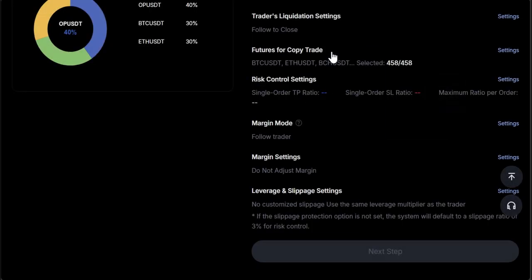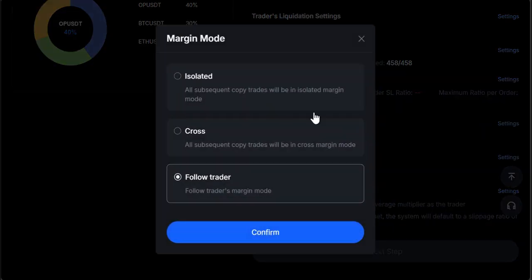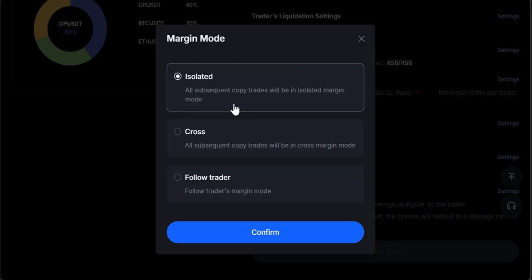Next, you can see in the settings is margin mode. Here you can see three modes: isolated, cross, and follow trader. Isolated margin means a specific amount of margin, your initial margin, is applied to a position, and the position margin can be adjusted manually. For beginners, I highly recommend using isolated margin because it limits your risk to just that